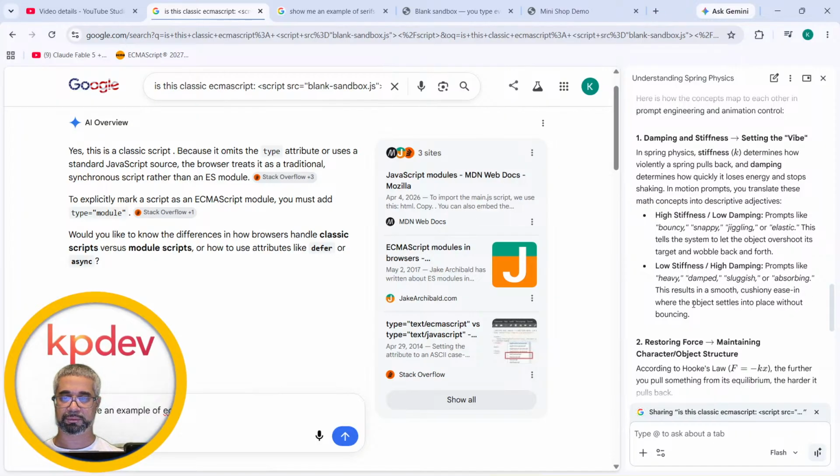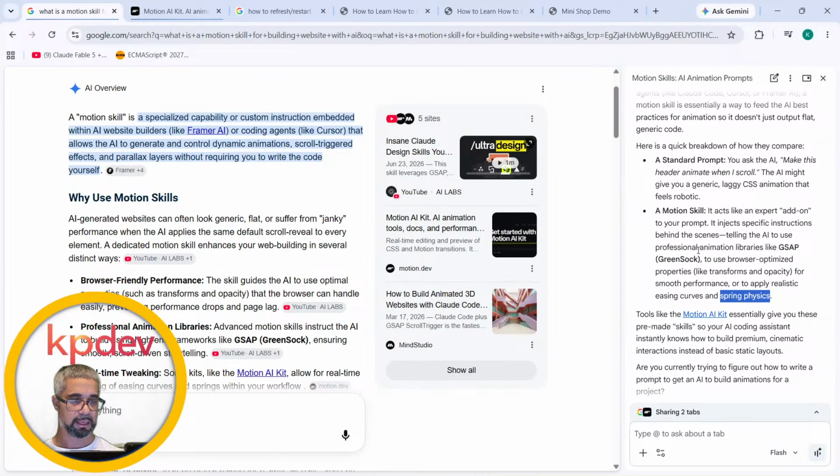We don't need to dive too deep into that. So let's go back to our main project. Okay, great. So tools like Motion AI Kit, see, this is where we